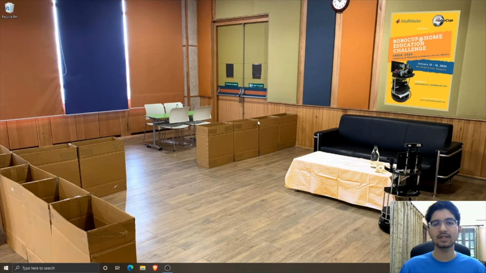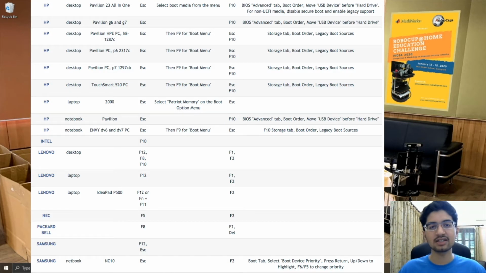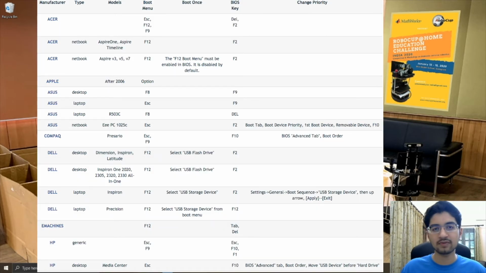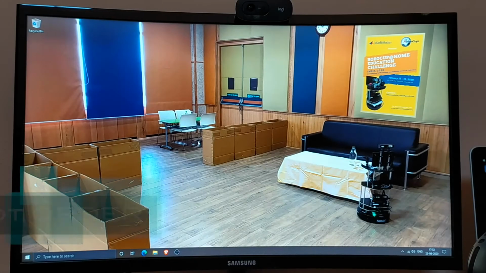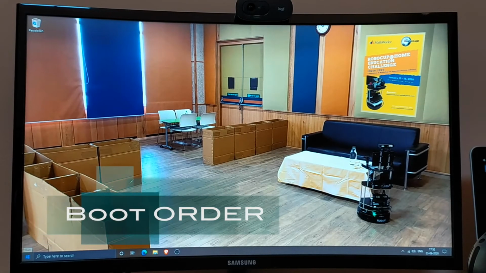For the next part, we need to shut down our computer and move into the system BIOS. There's one more thing that we need to do before we can proceed to the BIOS, that is to know the key that has to be pressed to enter the BIOS when your system is booting up. This table over here lists the keys that are usually used by system manufacturers. So now that all the processes are complete, we can proceed to shut down our computer.